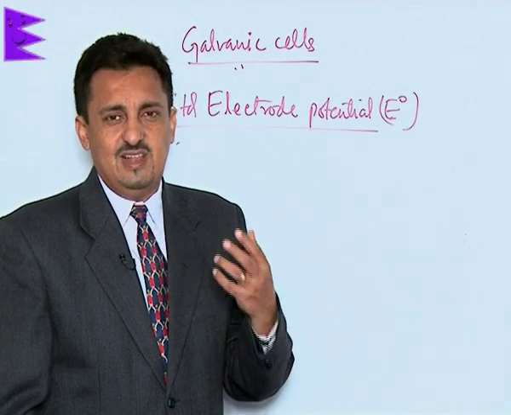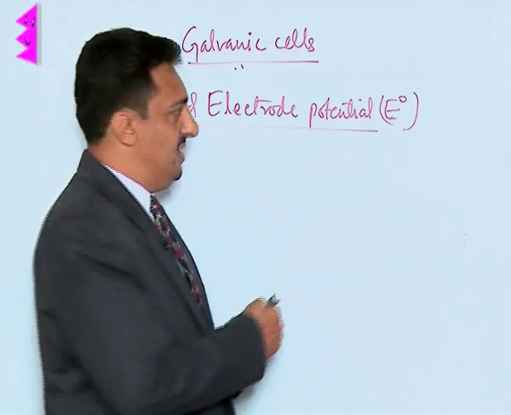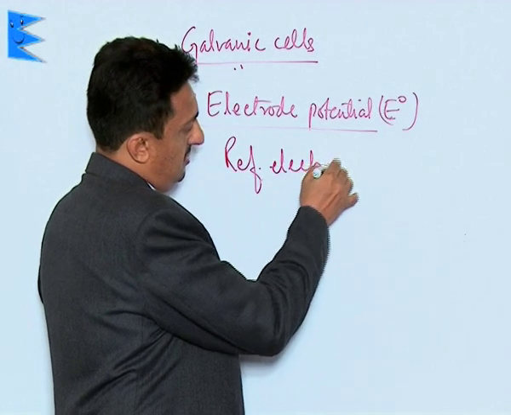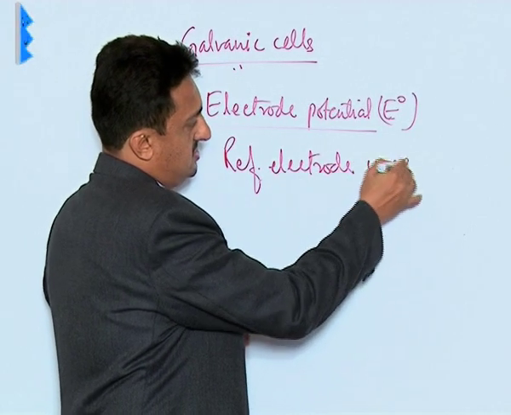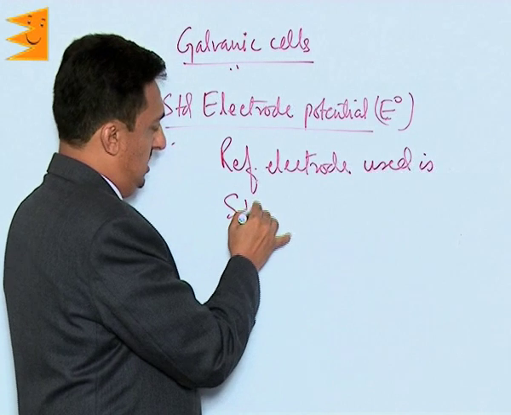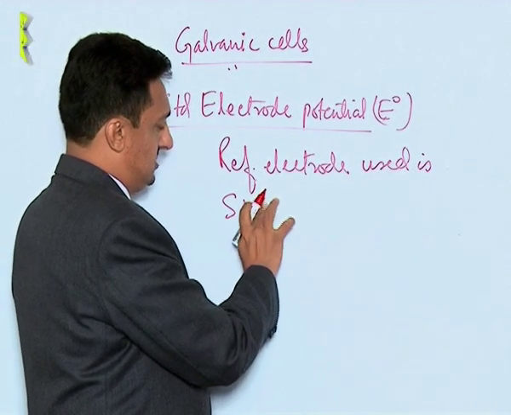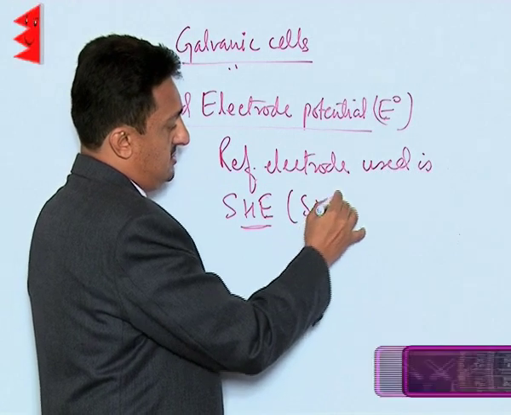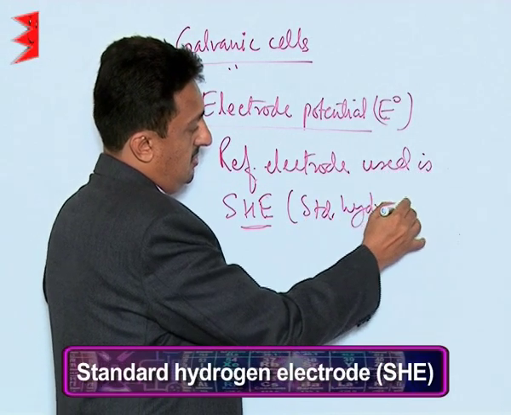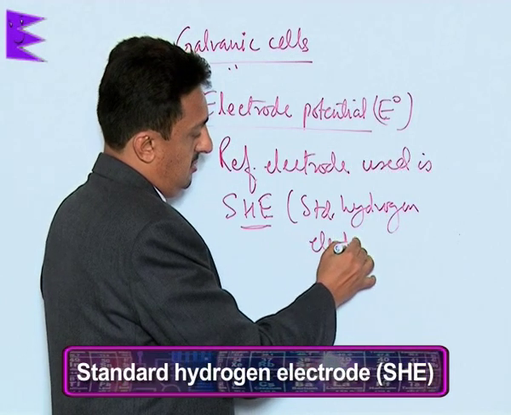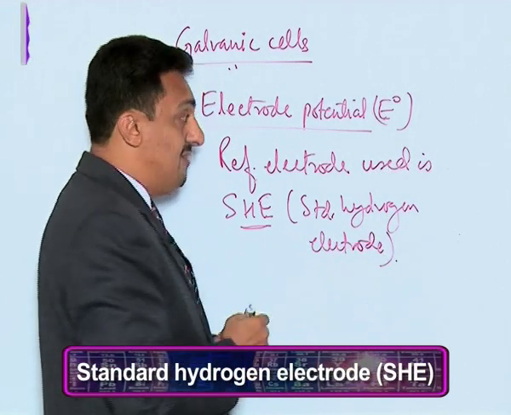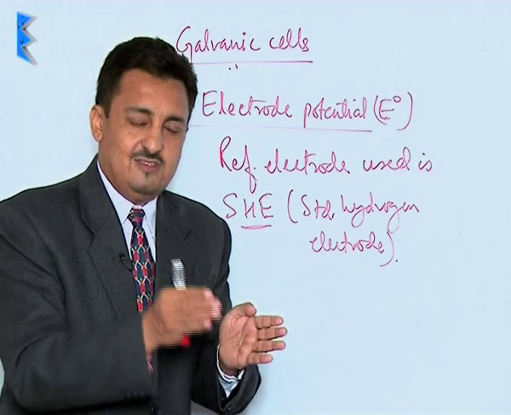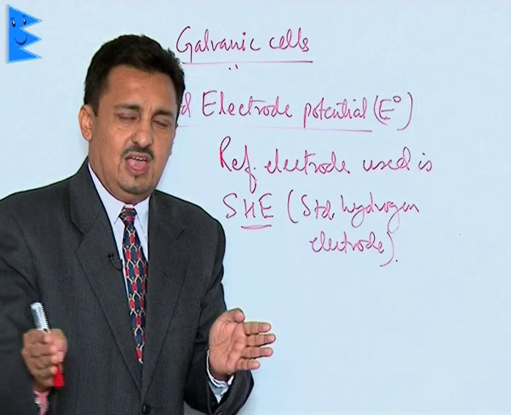So the reference electrode used is called the standard hydrogen electrode, SHE. So always remember, all E0 values are determined with respect to your SHE, standard hydrogen electrode, which is the